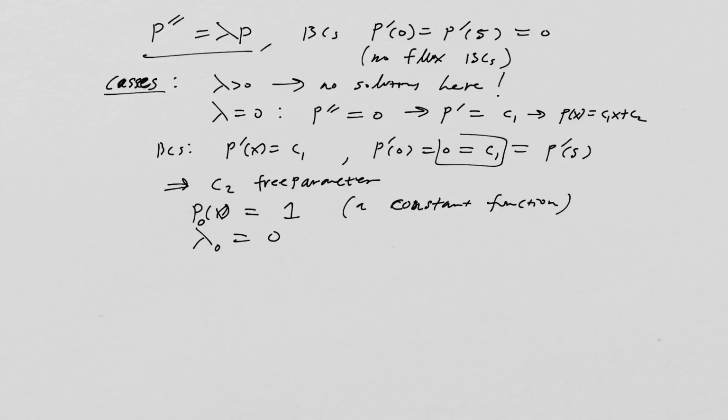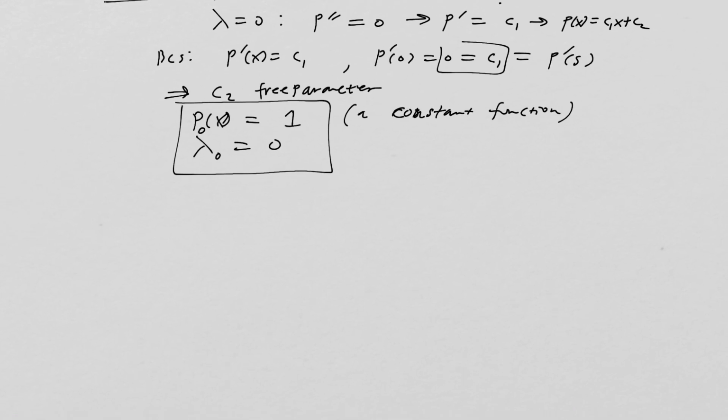So I'm going to call this P0. So our first eigenfunction is just the constant function. Great. All right, so now we have to check the lambda less than 0 case. And so we get P double prime is equal to lambda P. And in this particular case,